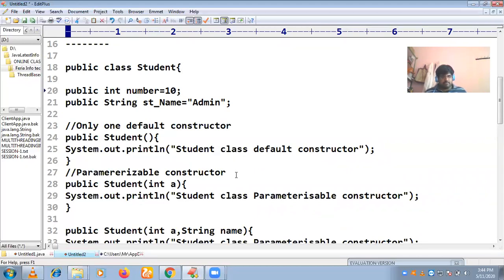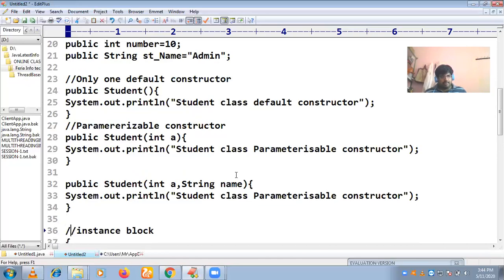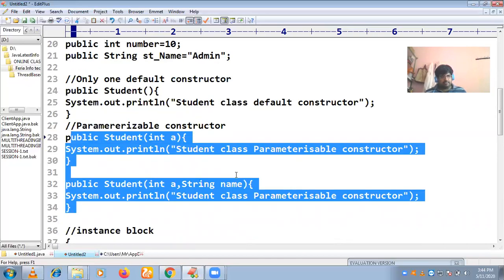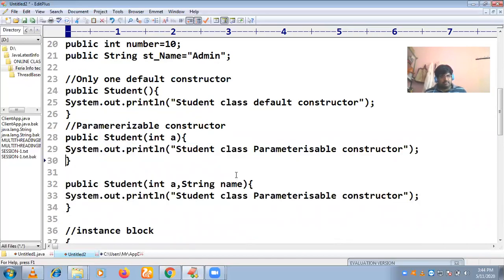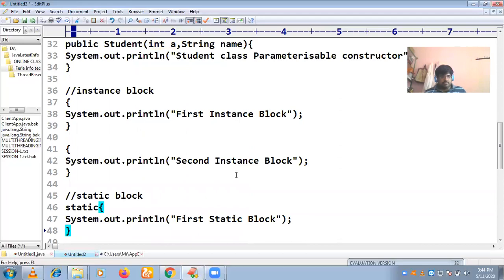In this class, it can contain two properties, I mean variables, only one default constructor, and n number of parameterizable constructors. The constructor name is the same, but the arguments you pass must be different, at least the order must be different.